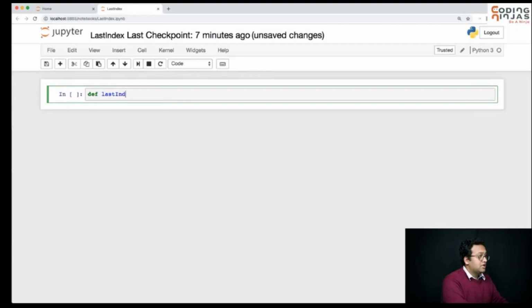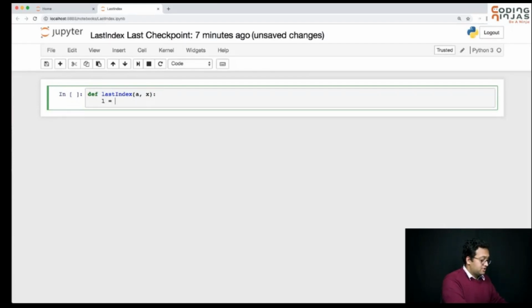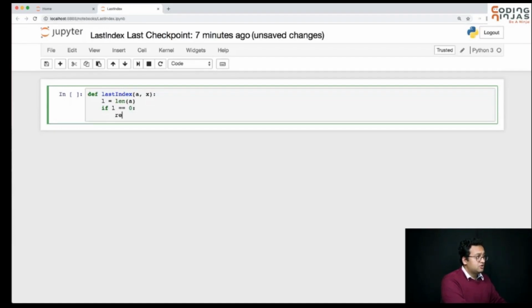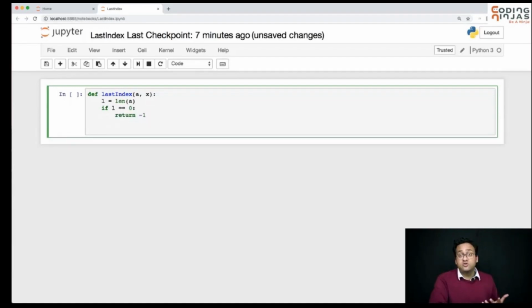Okay, last index, my list and my element x. Okay, so let's get the length of a. In case length is 0, you can return -1 because there is no element present in an empty list, so you can just return -1. Okay, so if I'm done with this and I've reached this place, that means my list has at least one element. Okay, now we'll first create the smaller list,